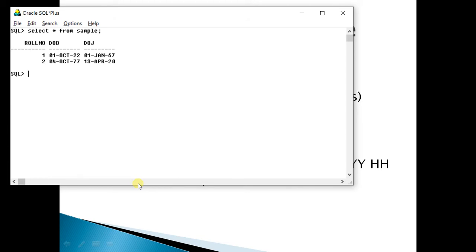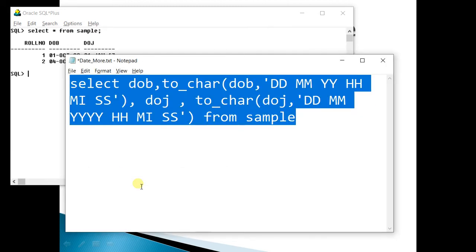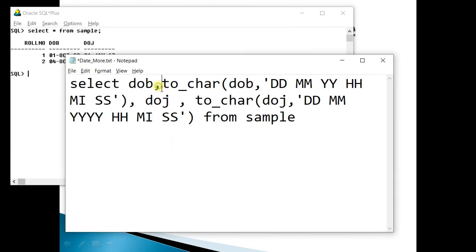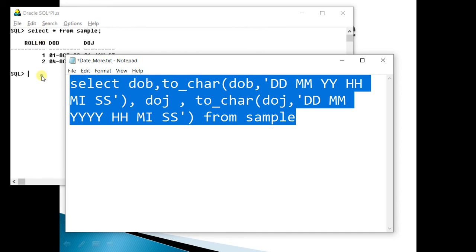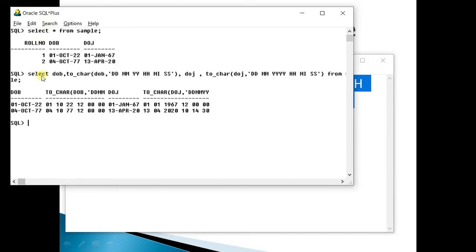In order to see the time, what will we do? We will type the query which I have already saved. The query is select date of birth, to-char, date of birth, DD, MM, YY, HHMISS. Okay, so what you can see, this has come.